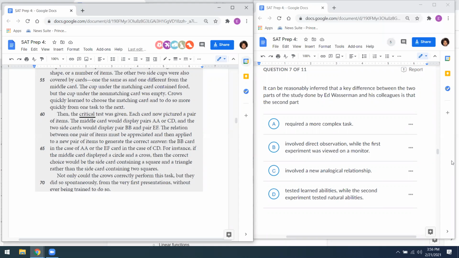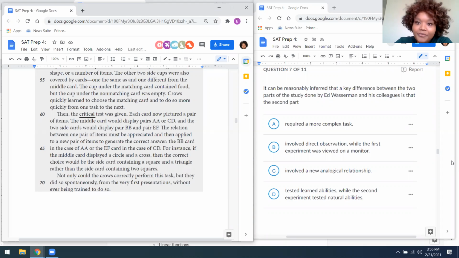Okay. So I'm going to read the answer choice you gave. And his colleagues, is that the second part tested learned abilities while the second experiment tested natural abilities. That kind of doesn't make sense when you read it together, because the question set up says it's asking about the second part. And then D asks about